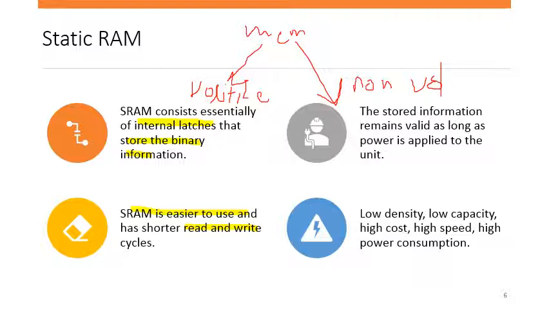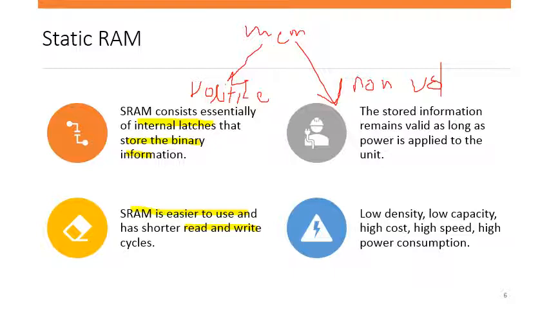Those memory modules that lose their data when we remove the power supply are the volatile memories, and those memory modules that retain their data when the power supply is removed are non-volatile memory. Basically the RAM, either static RAM or dynamic RAM, is volatile memory,